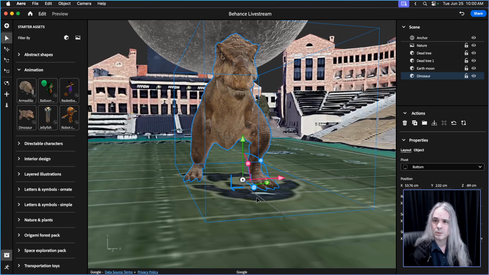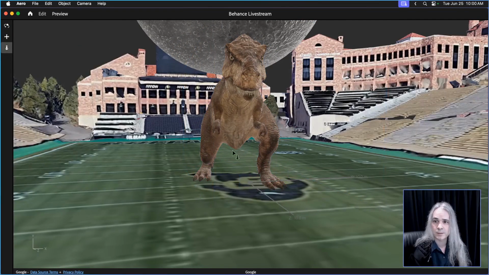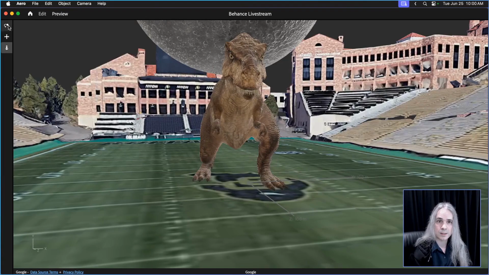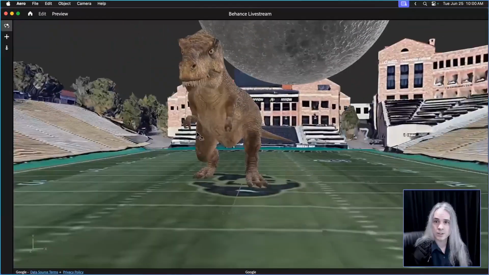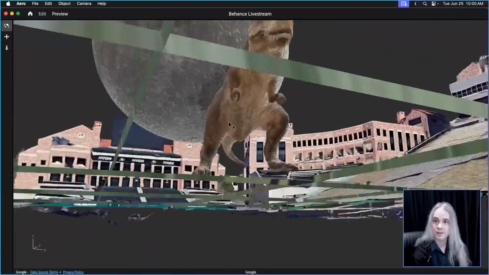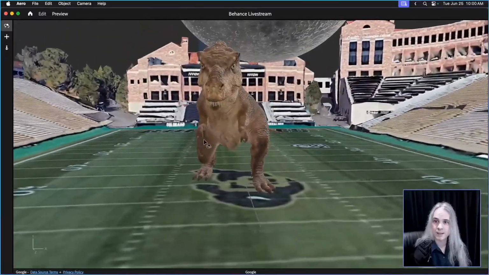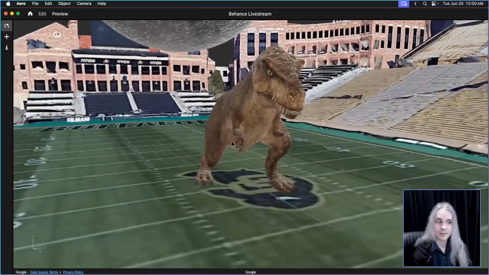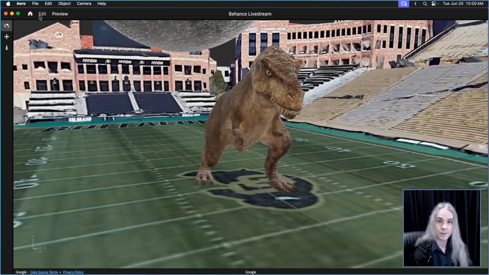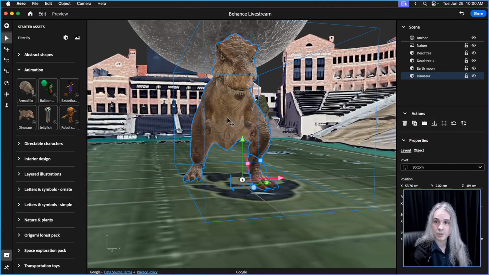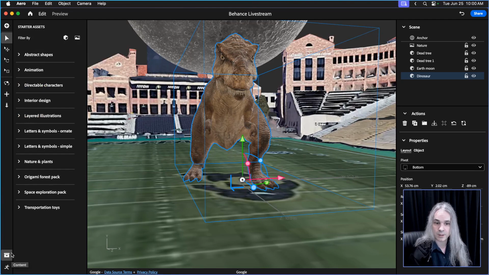And yeah, so one thing too, you can see here it says animation, and if we preview this right now, it's like, okay, the dinosaur is just kind of hanging out, right? He doesn't really have any animation. Why is that? It's because we haven't triggered it. So if we go back to edit and we make sure that our little dinosaur is selected, down below here,